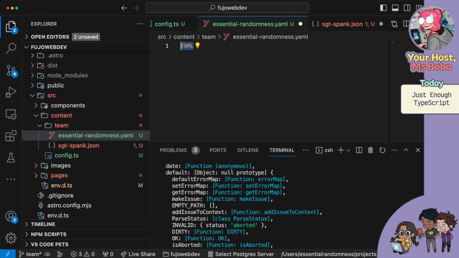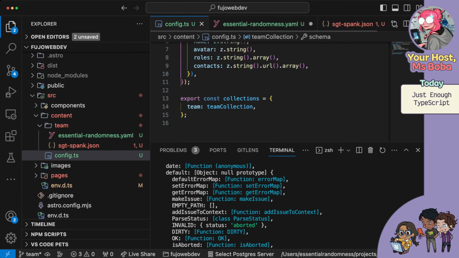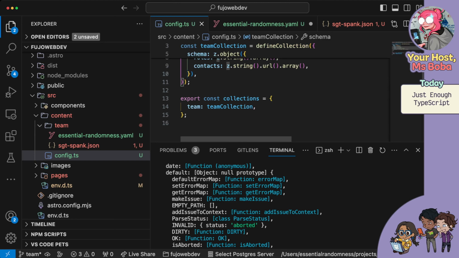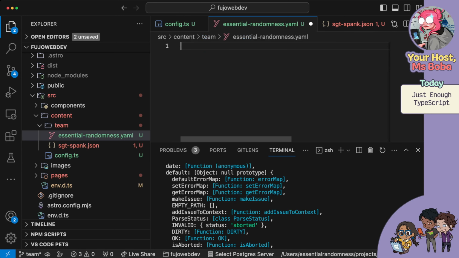YAML in particular elicits feelings in people. I am not a huge fan, but it is used a lot in markdown files in the beginning, in the front matter part. That's just become really popular, and it's what I'm gonna use here as a default too. So here we just wanna do this team collection thing. So I'm gonna do a name,